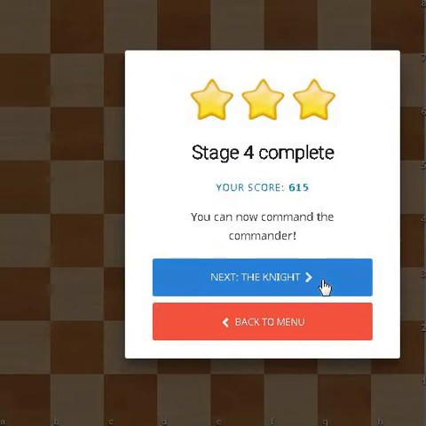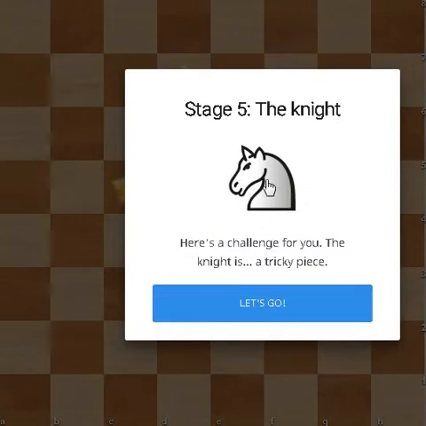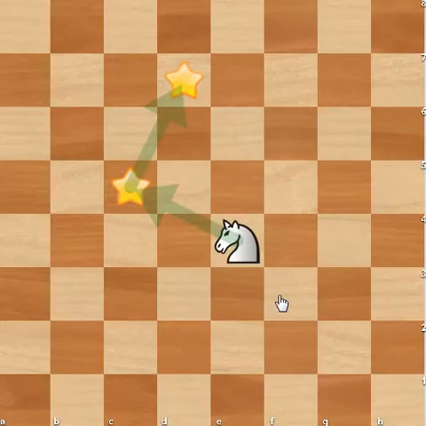So we complete stage 4 as well, and now we will look at this piece. It is known as the knight, and it's a very tricky piece. So let's see how the knight moves. The knight moves in an L shape. So it can move